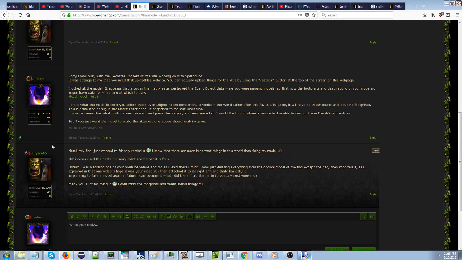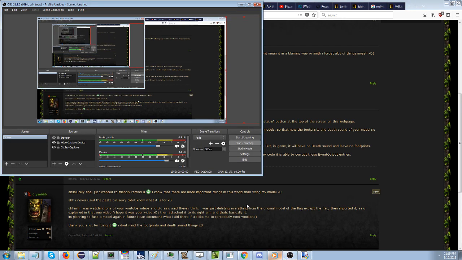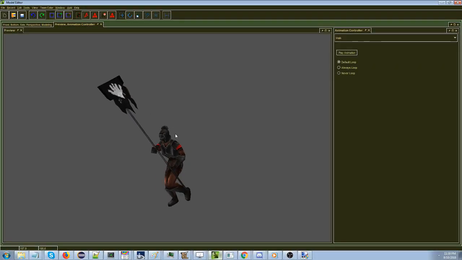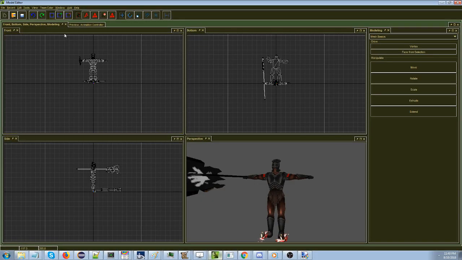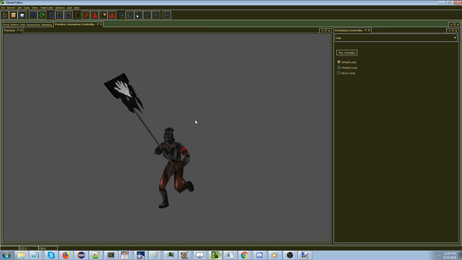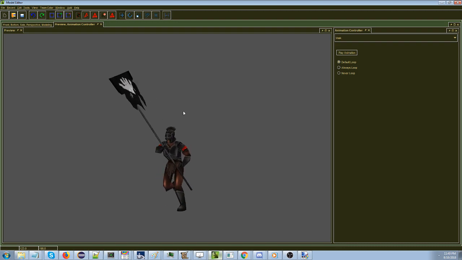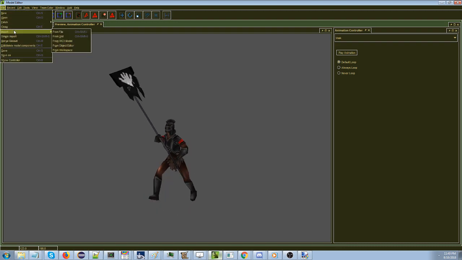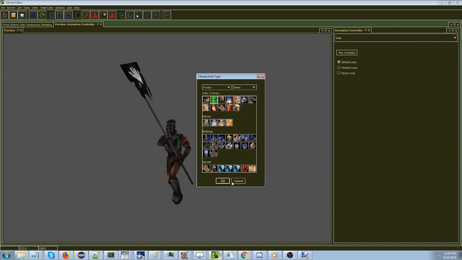This friendly guy named Cry666 was asking me about a model that he did some merging of models with the matrix eater, and apparently it corrupted his model. So here's the model we were looking at right here, and an interesting thing that happened was that the event objects that handle whether the model has death sounds or leaves footprints on the ground, these settings were sort of corrupted. We're not exactly sure why, but I was going to show you right now,